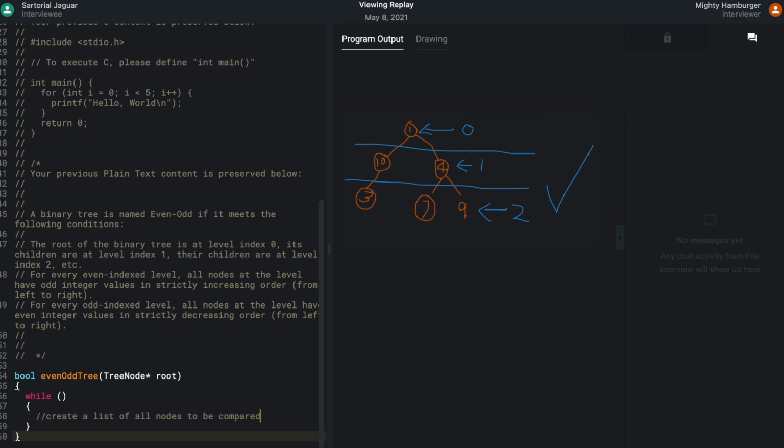Okay, let me think for a second on how to flatten a tree. I haven't done that since like third year. Yeah, it's been a while, hasn't it? Flatten the tree. What restrictions do I have in terms of space and time?